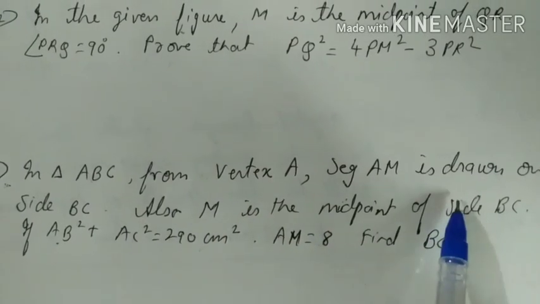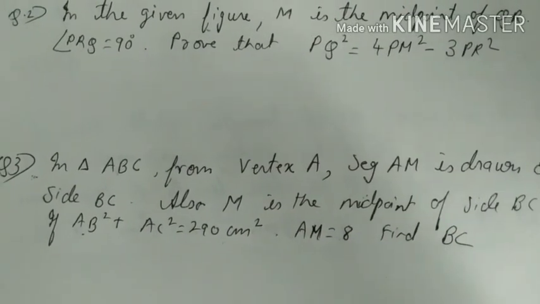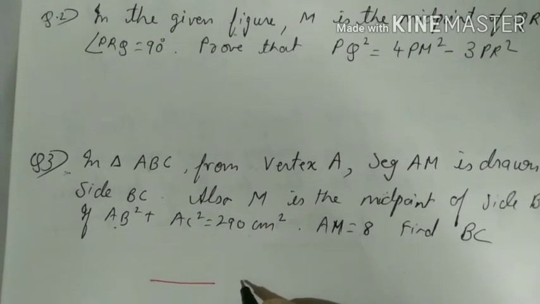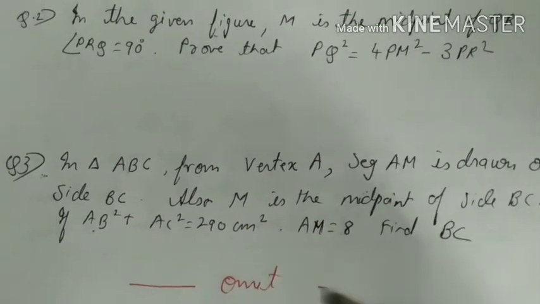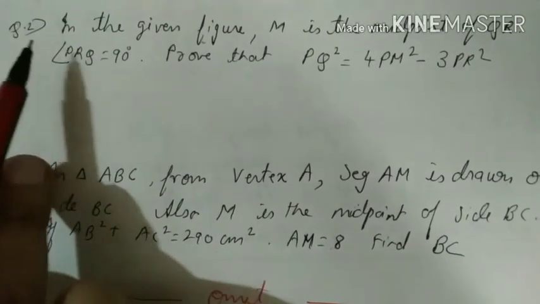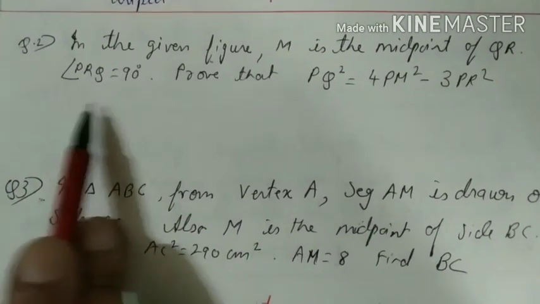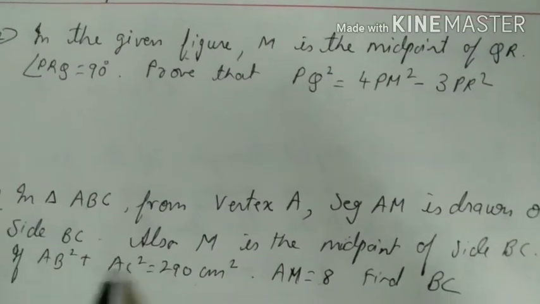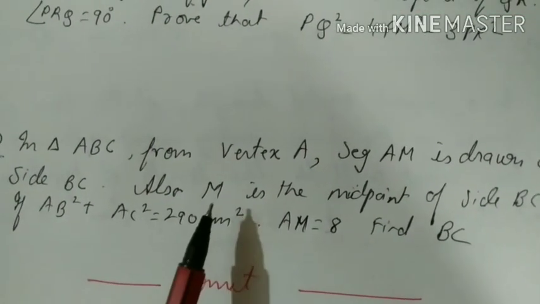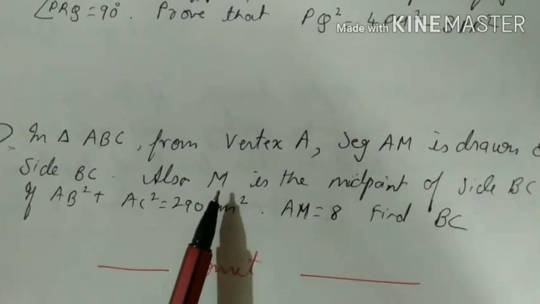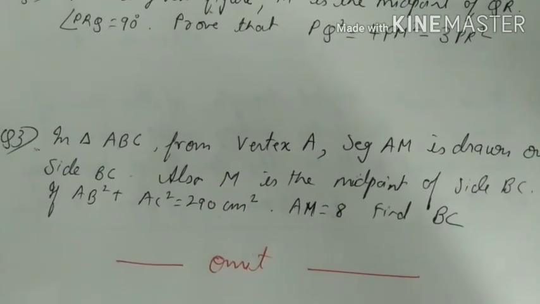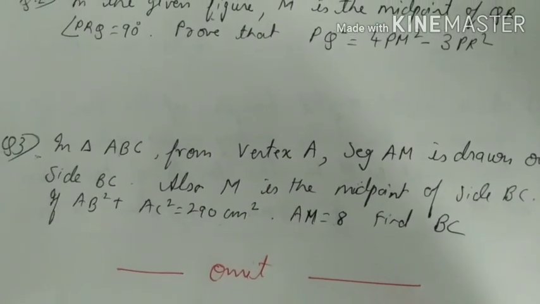Now this question is omitted, so no need to solve this. We have already solved this one sum in the previous video of Apollonius theorem. So this question is omitted. You can use this space for solving the solution for question number 2. So you can utilize the page, you can cancel this question and then continue the answer over here. This is omitted part from the syllabus, but then too I have given you one sum, so at least you will get some idea about Apollonius theorem.